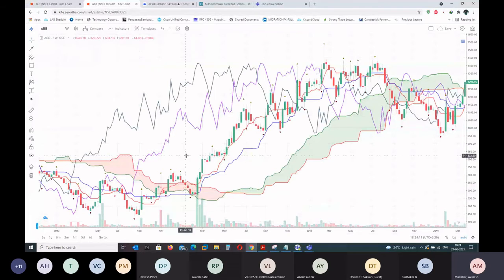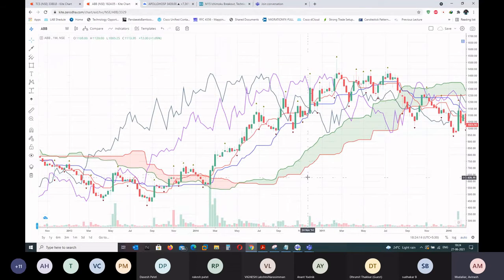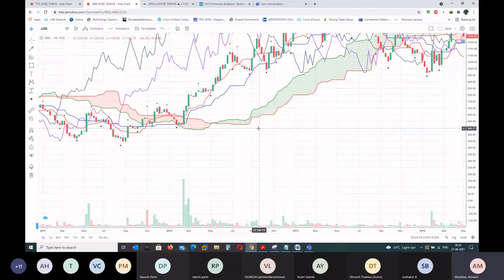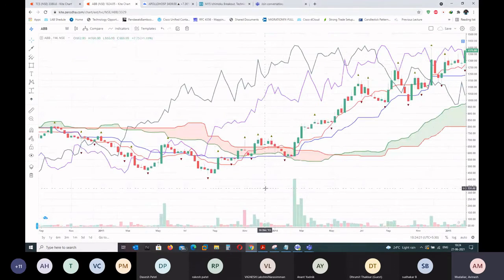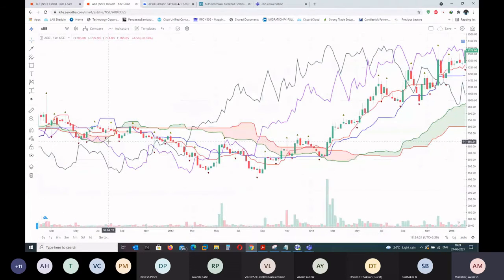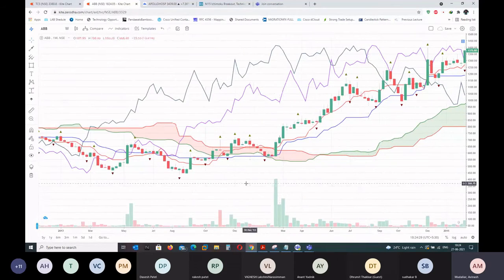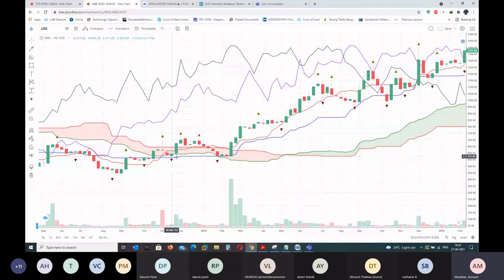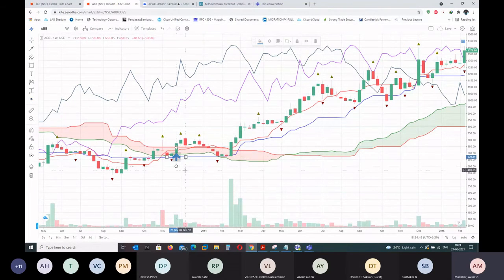Okay, so I'll cover the last strategy here, the common strategy which is used. That is called a Kumo breakout or the cloud breakout. A Kumo breakout is when you have a stock trending downside, and then it's recovering. A strength candle should close above the cloud. Here you can see a strength candle is closing above the cloud. If that happens, that's a Kumo breakout, a breakout above the cloud.